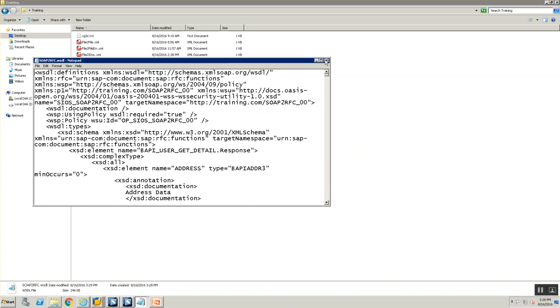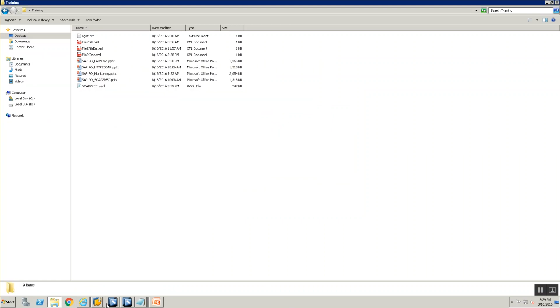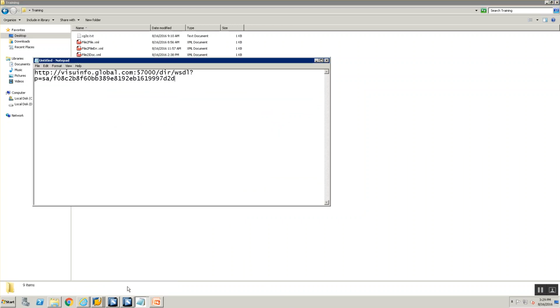Save it. Okay, now we will be using this, while we have shown you how to download the WSDL, what we will be doing is using this WSDL URL, downloading this message in a web service testing tool like SOAP UI, and then testing this interface. Okay, so let's go ahead and launch SOAP UI.